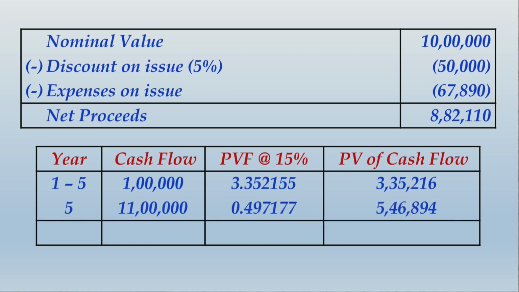That 11 lakhs will be discounted at 15%, where the present value factor comes to 0.497177, and the resulting present value is 5,46,894. Now when you total up the present value of cash flow, fortunately in this case it is matching with the net proceeds. Because the present value of cash flow is matching with the net proceeds using 15% discounting rate, we can clearly identify that it is exactly 15% which can be considered as effective interest rate as per Ind